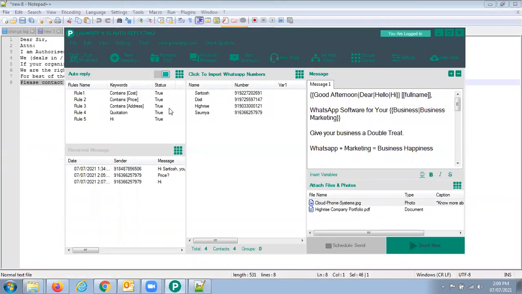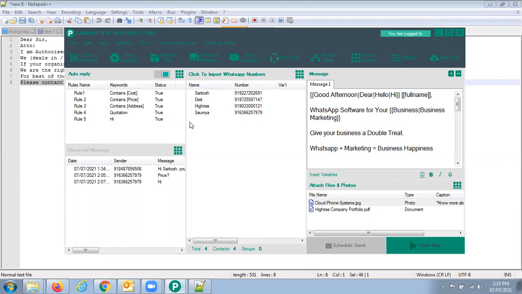Suppose you have some data which you don't want to share with anyone, because this entire thing is installed on your system. It is not on cloud. So the advantage for you is that nothing is going to be lost in terms of the data. The safety or the privacy of your data remains there. So these are the things which are used.